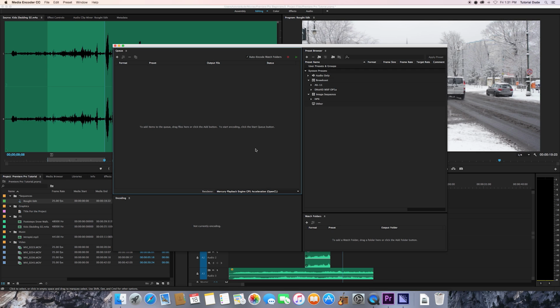So here we see Media Encoder is finally launched, and we see now the Media Encoder interface. Now here we go, we've got our queue of stuff to be encoded, right? And that's the other benefit of using Media Encoder. Let's say you've got a bunch of different sequences or a bunch of different stuff you want to output. You could do what I did before,